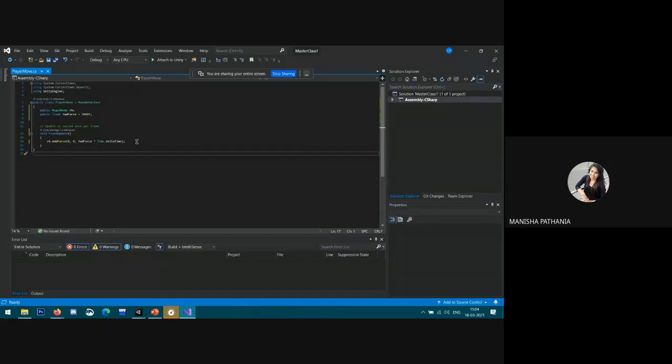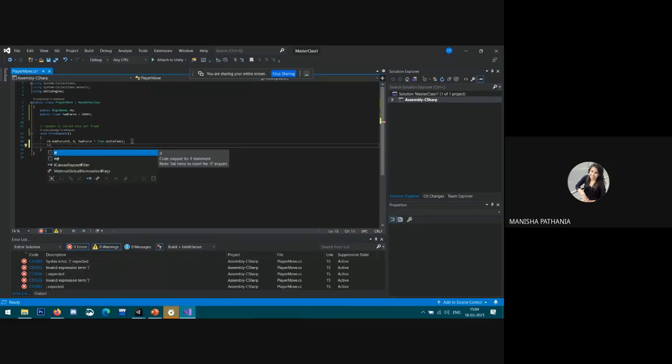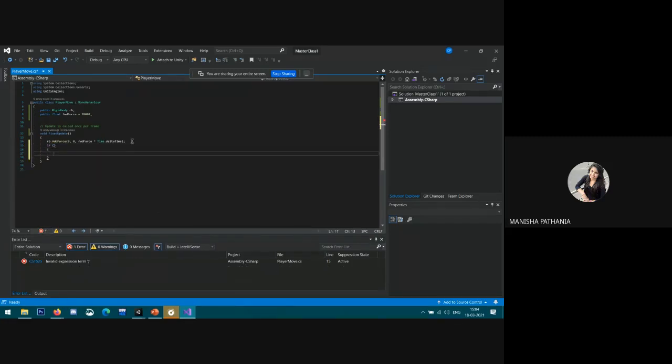An if statement allows you to execute code if a certain condition is met. So when I write if, some condition, anything written here will only execute when this condition is true.